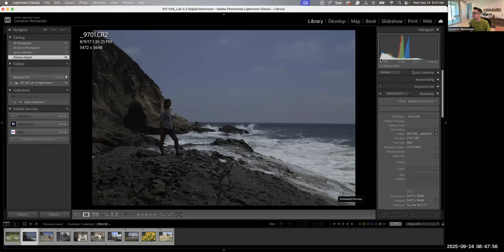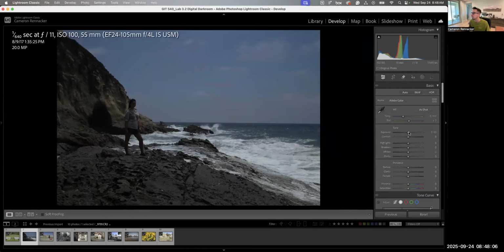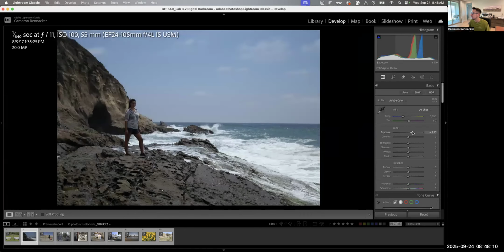Now, from there, we also want to make sure that we're not clipping the shadows or the highlights. So let me show you really quick. We'll go to the Develop tab, and I'm just going to increase the exposure here. See how that's sliding up a little bit, and now we have it extending from the shadows over here to the highlights over here. And right now, nothing is in these little deltas up here. But if I go too far,